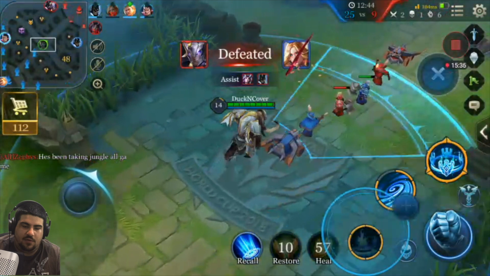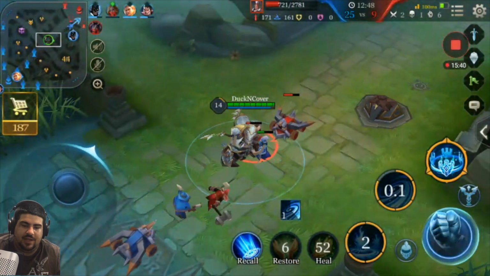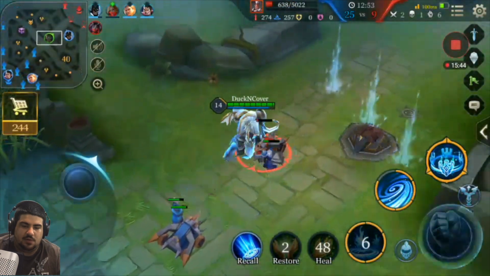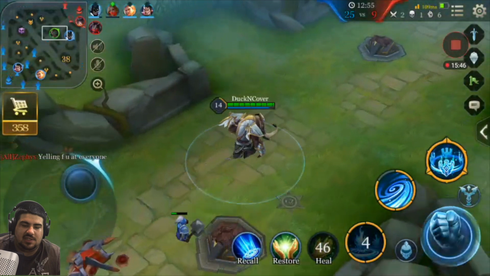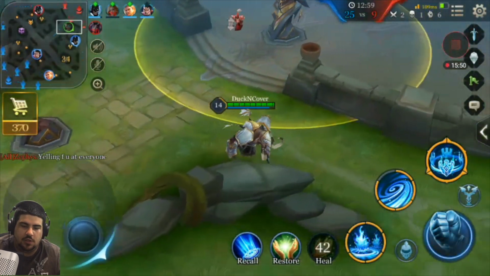Use your 1 in every way that you can. Use it to slow. You see where I'm glowing blue? That's damage reduction. So when someone's about to hit you, use it to absorb the damage, use it to remove the CC. It's very important to use that ability as often as you can as Shogunar,